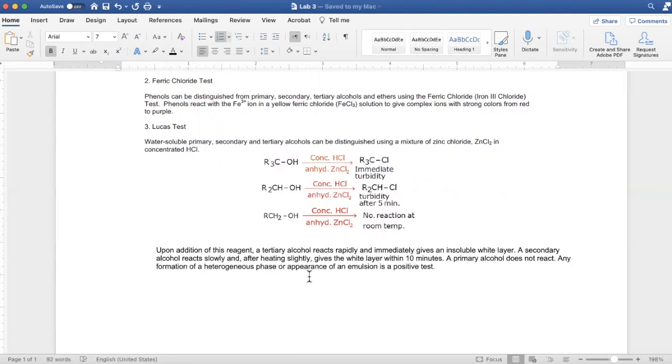positive test. So what does that mean? So heterogeneous is it's not mixing. So homogeneous is something that's mixing together, like homogenized milk is mixed together, but something that's heterogeneous is the components are separate from each other. They're not mixing, they're not miscible. So if we see that there's any type of separation or layers forming, then we know that we have a